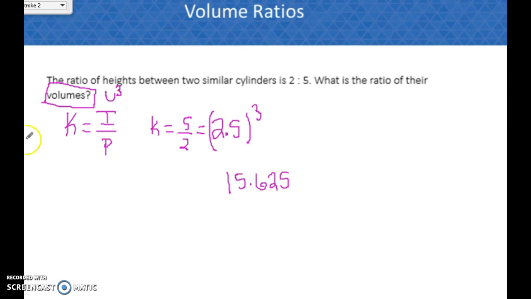All right, and so this specifically says what is the ratio of their volumes, not just how are they related. So we would need to write our final answer as a ratio. So what you could do is go back to your original ratio, and cube each of those pieces. So 2 to the third power is 8. 5 to the third power is 125. So the volumes could be written as a ratio of 8 to 125,